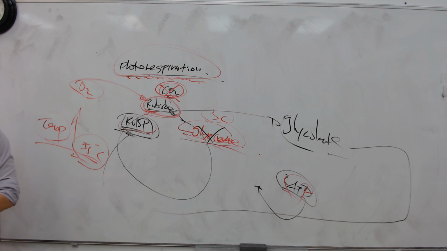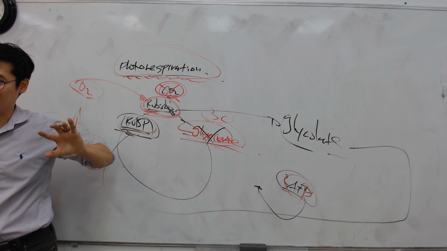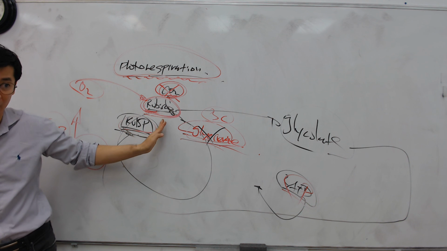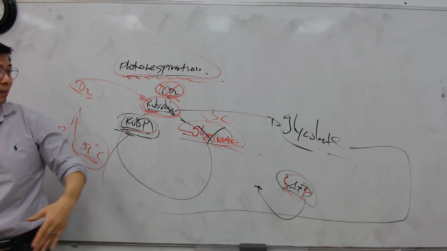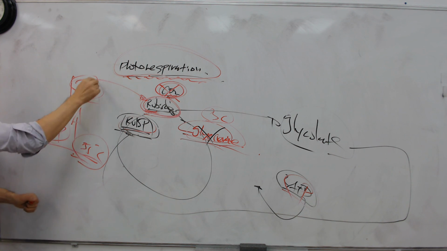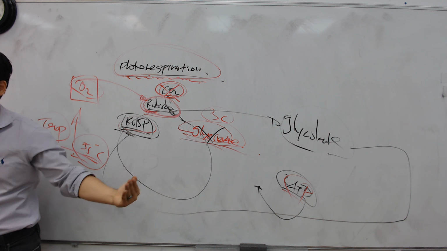Okay, and keep in mind, guys, Rubisco is a very ancient enzyme. Back in the primitive atmosphere, way back, we didn't have a lot of O2 gas in the atmosphere. Because we have so much O2 gas now, this becomes a problem.